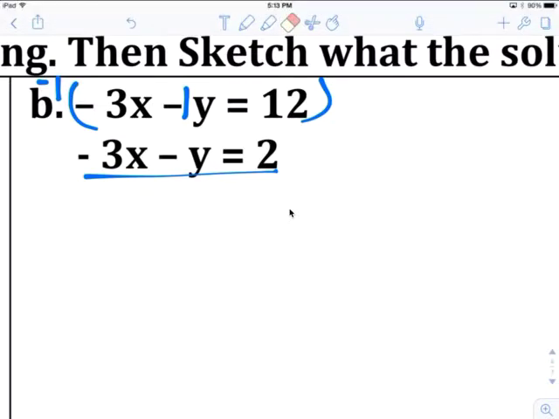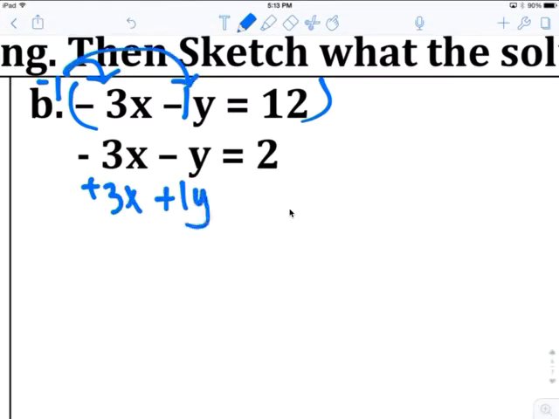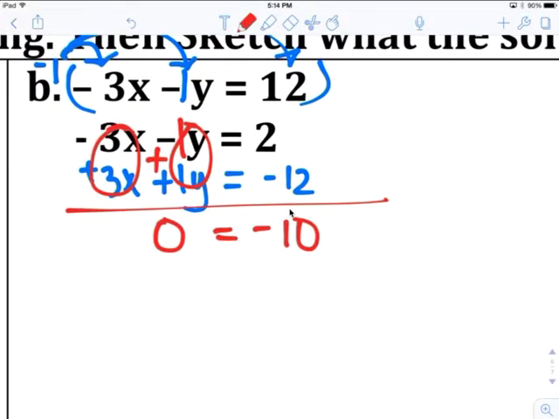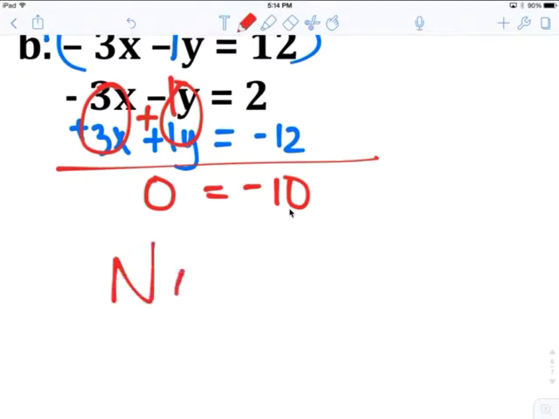So I'm just going to change the top. That's a positive 3x. That's a positive 1y. That's a negative 12. Here's an invisible one here, that's 0, 0 plus 0 is 0. If you add these two together, you get 0 equal to negative 10. That is no solution